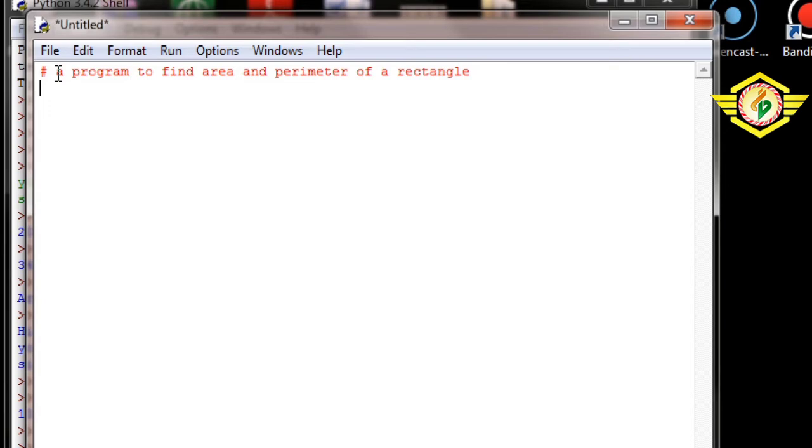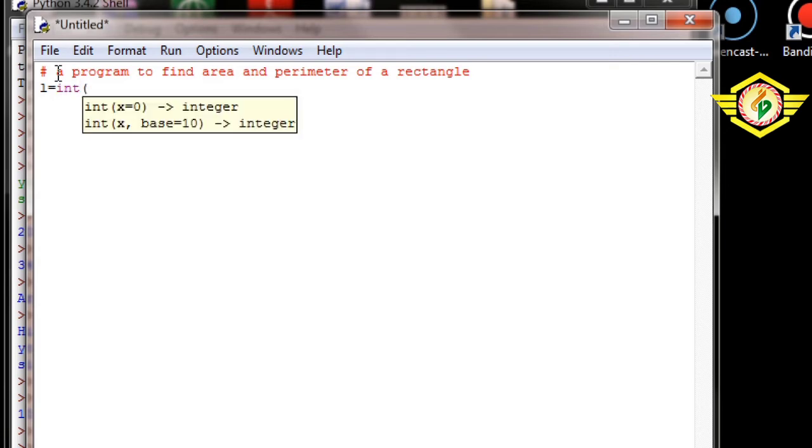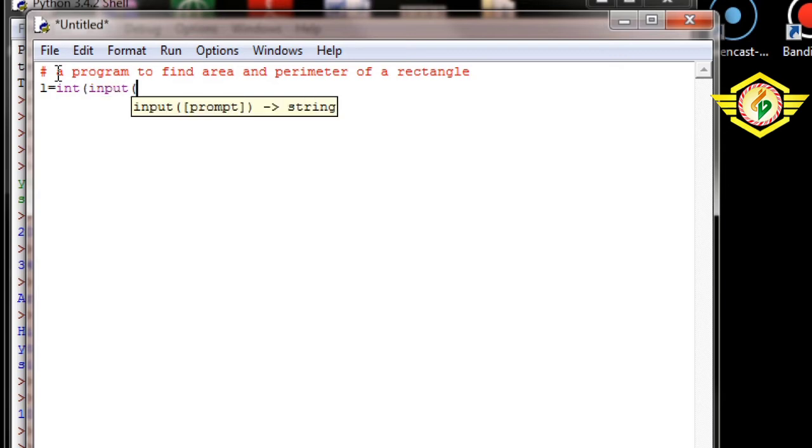After that, for finding area and perimeter, I need length and breadth. So I am storing L equal to int, within brackets, again bracket start, write input, then again bracket start, within double quotes, write the statement you want to display for input.